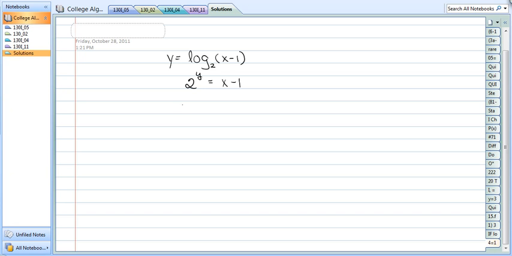Solve for x by adding 1 to both sides of the equation, and you now have an equation solved for x. So when we go to graph this and make a chart, rather than plug in for x and get out y values, you're going to plug in for y and get out x values. So again, pick a few negative numbers, a few positive numbers,